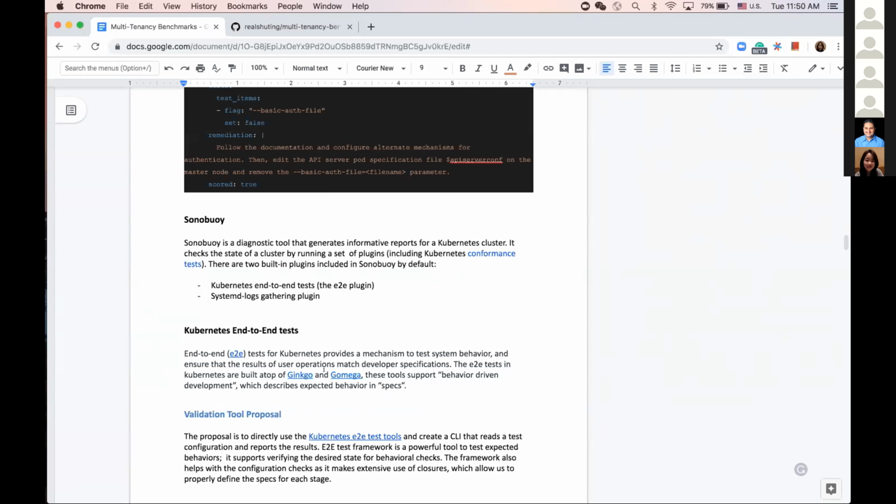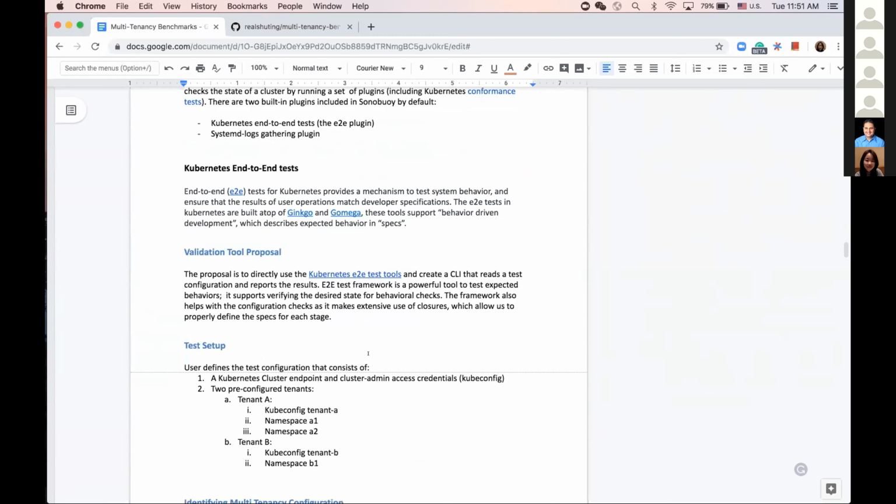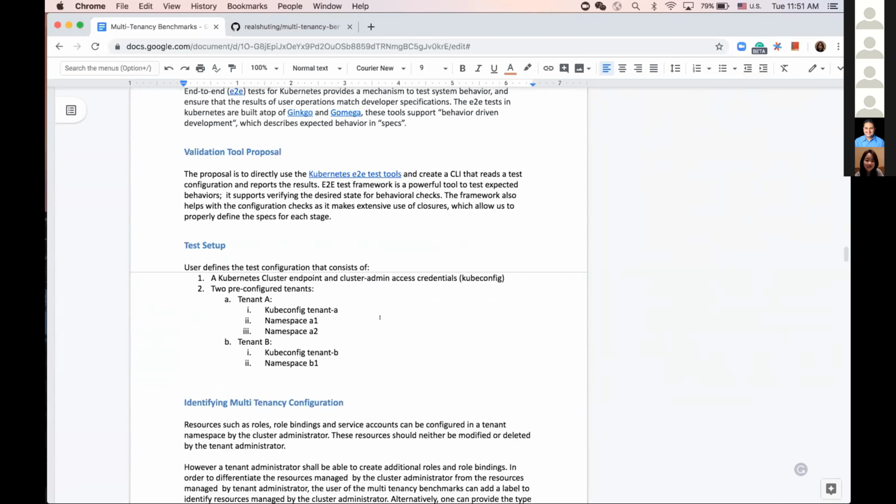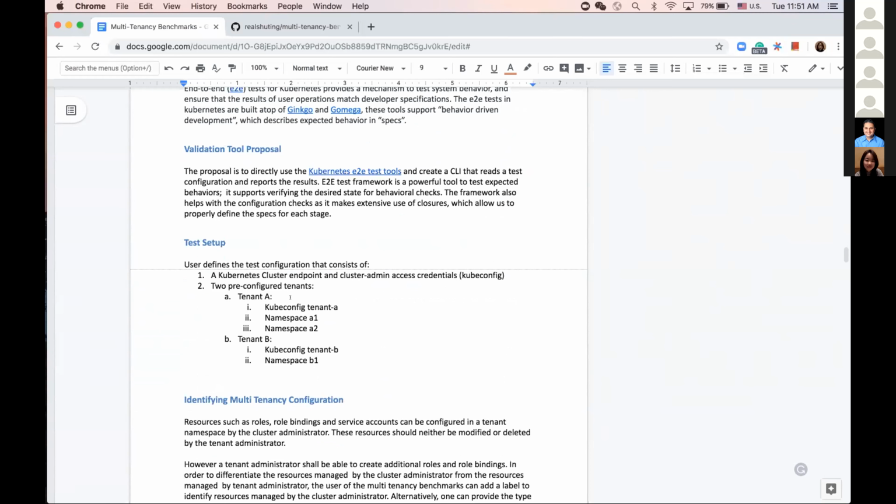So we're checking the outcomes of kubectl. E2E provides us a powerful tool to wrap the kubectl command, and also all the functions to validate your results.